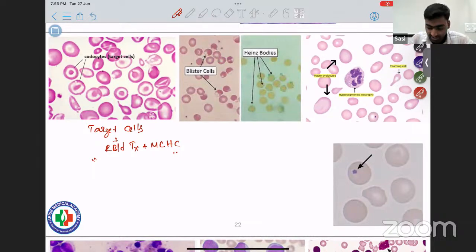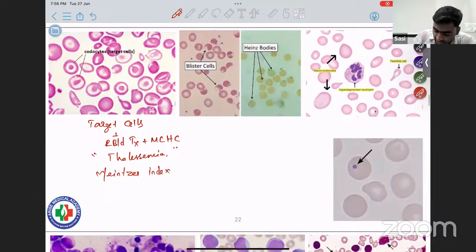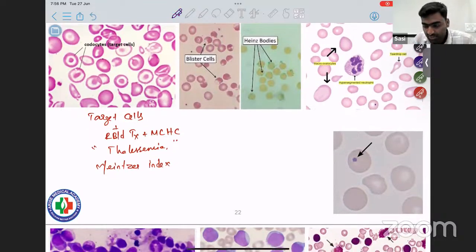You are getting it correct. You will think of thalassemia. Just remember one point about thalassemia: you will see the index known as the Mentzer index. It will be less than 13 in a case of thalassemia, so that you can differentiate thalassemia from